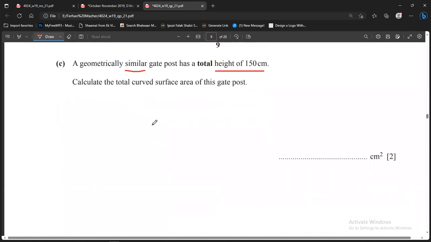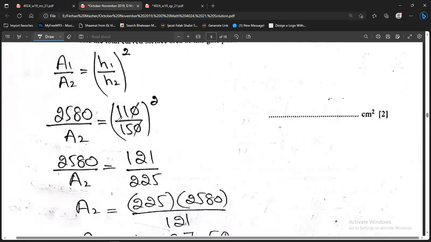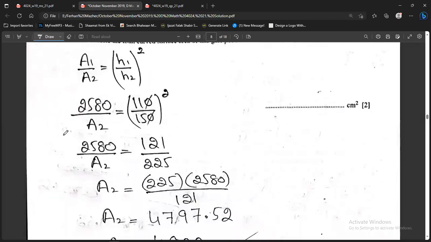Both are similar. Calculate the total curved surface area of this gate. So you know the diagrams are similar to each other. Area 1 by area 2 will be equal to height 1 by height 2 whole square. So 2580 divided by the area 2 will be equal to 110 divided by 150 whole square. So it will be 2580 divided by A2, and that will be 121 by 225. So A2 will be equal to 225 multiplied by 2580 divided by 121, that is